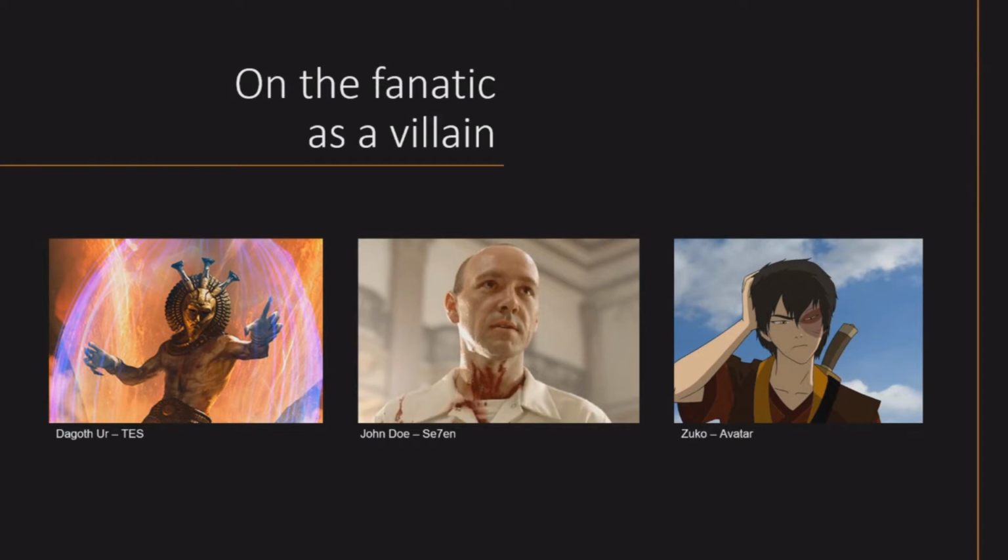And lastly, there's Zuko from Avatar. He starts out as a fanatic in Book 1, and most of Book 2 as well, where he has his little change of heart and a redemption arc, which I will be covering later. So Zuko falls really well into the idea of the corrupted, who started out as a not so bad dude, then got a scar and was sent to hunt the Avatar to regain his honor and his place.